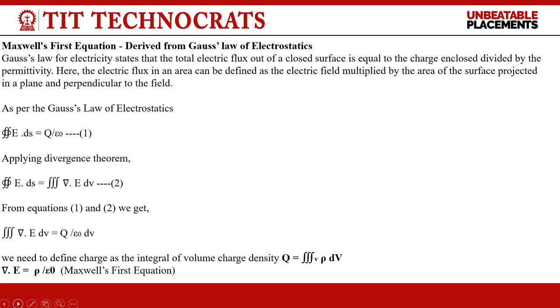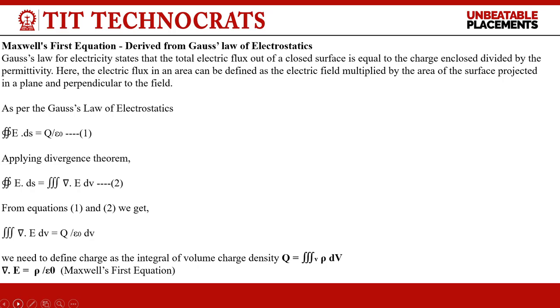Now Maxwell's first equation is derived from the Gauss law of electrostatics. As per the Gauss law of electrostatics, which will be defined as the electric field multiplied by the area of surface projected in a plane and perpendicular to the field, applying the divergence theorem, which is the second equation. From equations 1 and 2 we get triple integration del dot E dV is equal to q upon epsilon naught